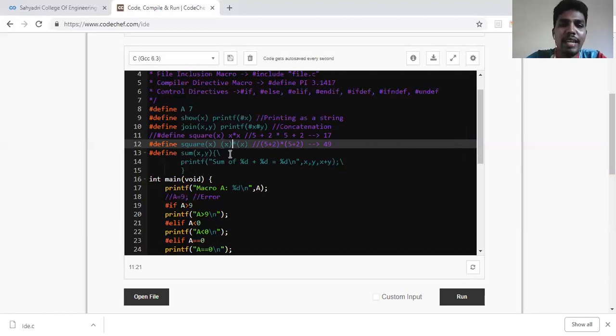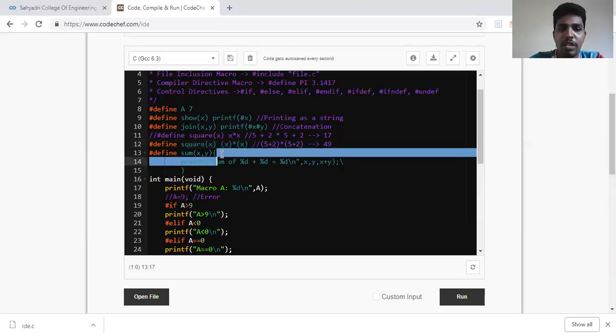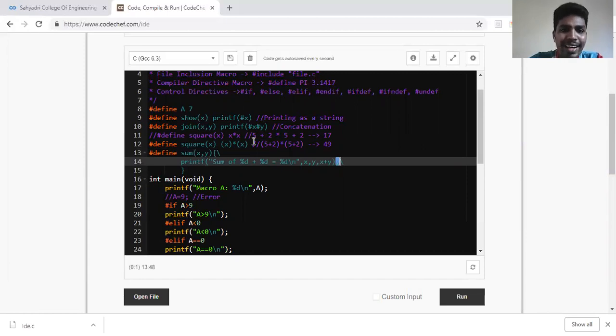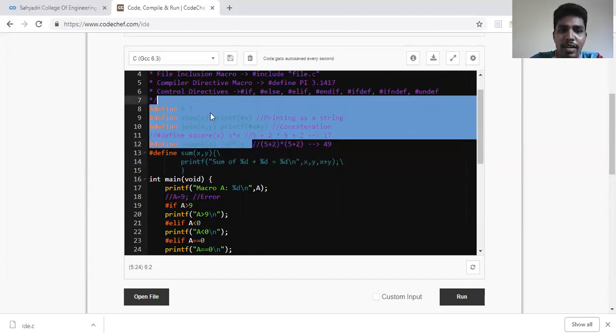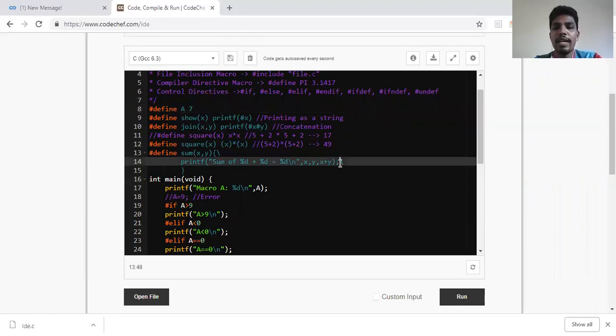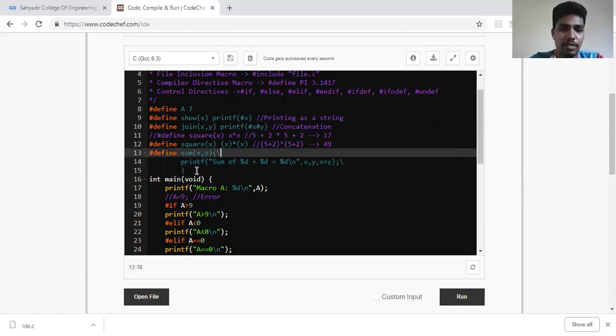Then we have seen multi-line macros. How do you define a multi-line macro? You need to use a backslash to indicate there is a next line coming for this particular definition. And be careful, whatever you have in the block, those statements have a semicolon. If you see one-line macros, none has a semicolon at the end. Macros don't have a semicolon at the end. But if it is a block section, the statements inside the block will have a semicolon like in normal functions. But these two lines will never have semicolons.